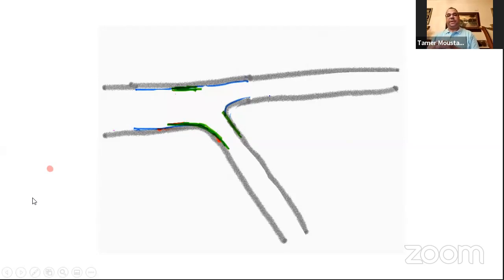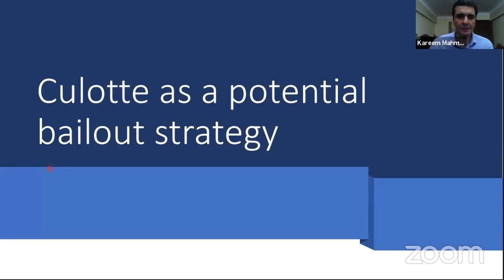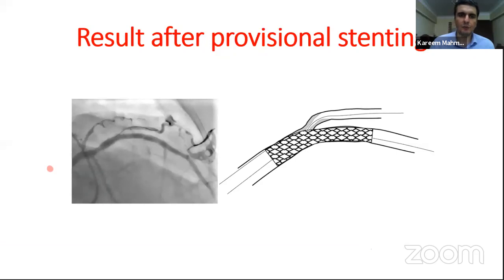So okay, let's move to the second part, Karim. Okay, thank you so much, Dr. Tamer, for this nice discussion. And this is the second part, Culotte as a potential bailout strategy. If we did a provisional stenting, which is the main bifurcation technique we did for the bifurcation lesion, and we encountered after that a severe pinching of the side branch,